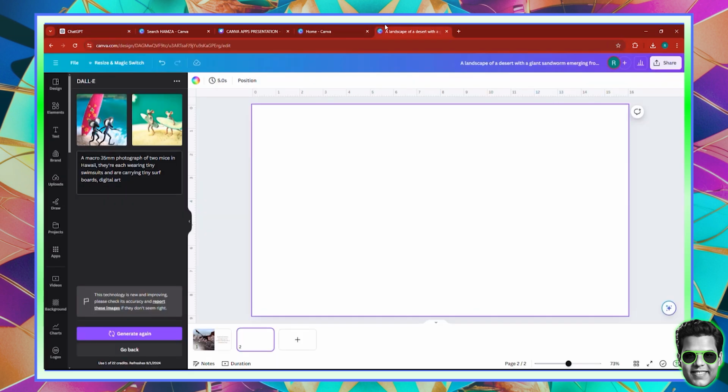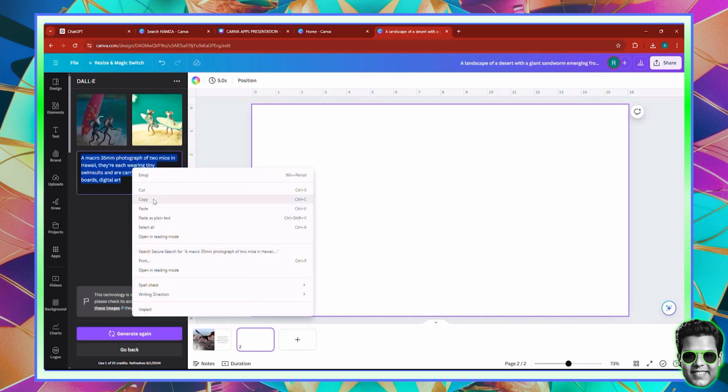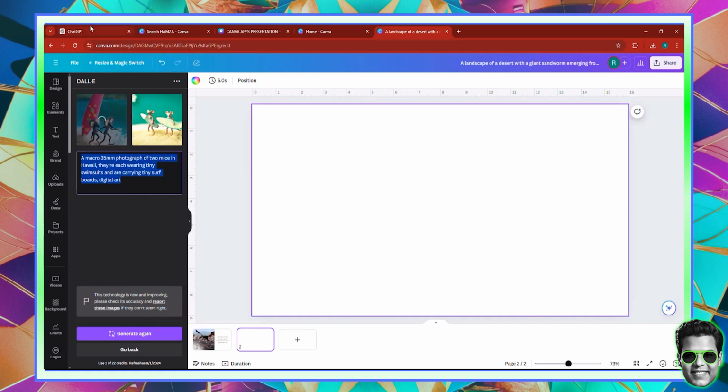Now let me go back to Canva for a second. Now these images that came out are not so bad, all right? So click the one you like, and it will ultimately put it right here. And of course, since you have used one credit, you might just as well click both images and add them both here so that you can make use of both of them. So when you click your image, it's going to take a little bit of time and it's going to put your image right here. And in the meantime, I'm going to go and copy this prompt and go back to